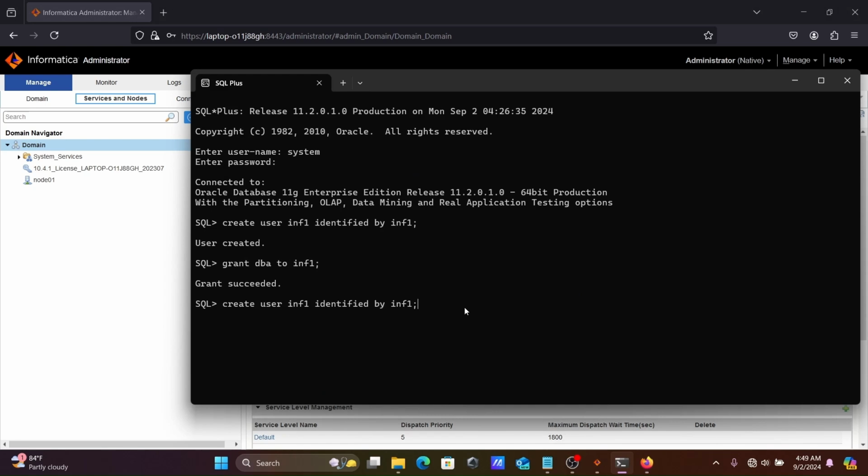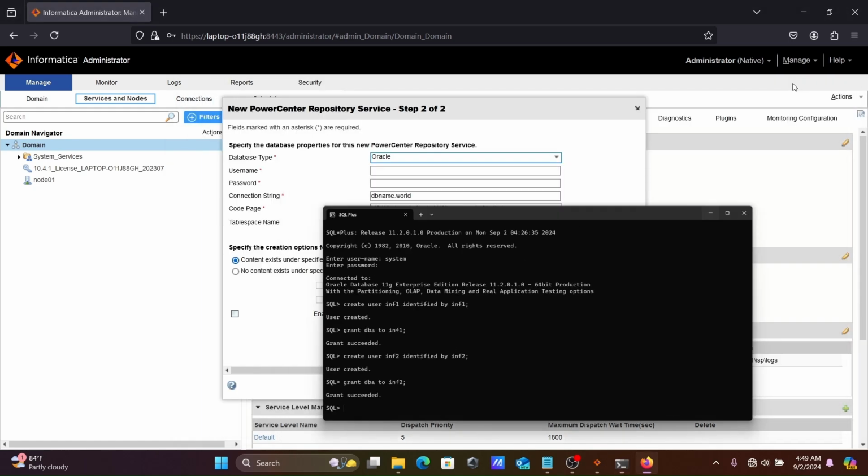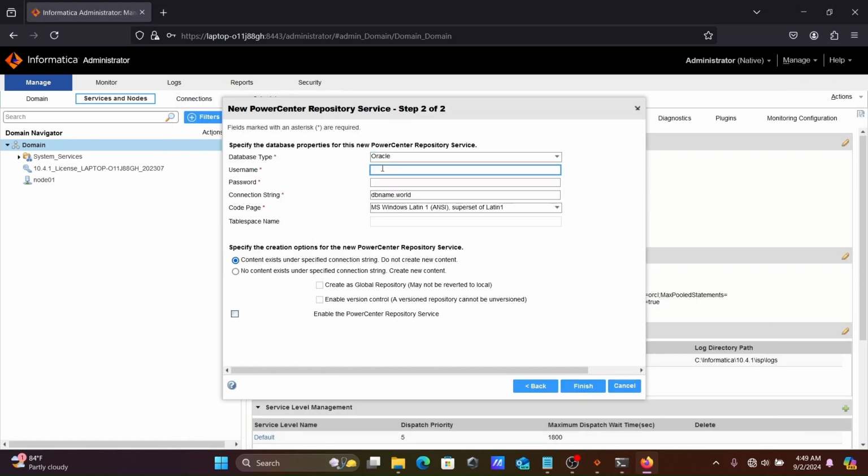So let's create a new user INF2, identified by INF2, and grant DBA to INF2. So the new user is created. Let's give INF2 as the password, and thereafter the connection URL, and here giving ORCL, and next is